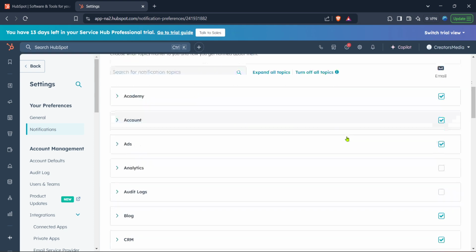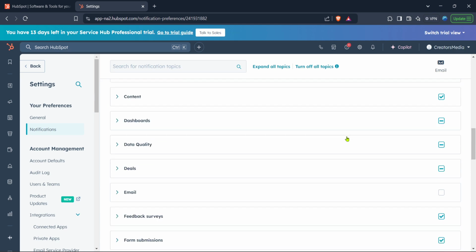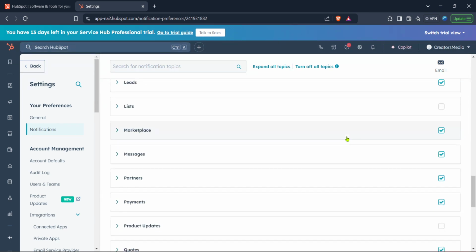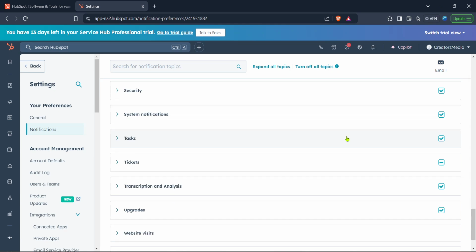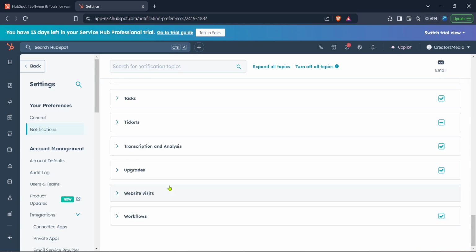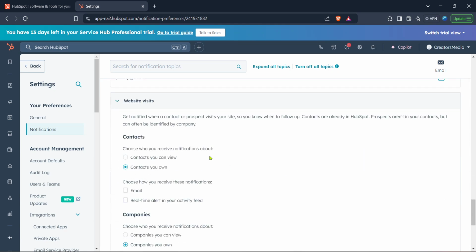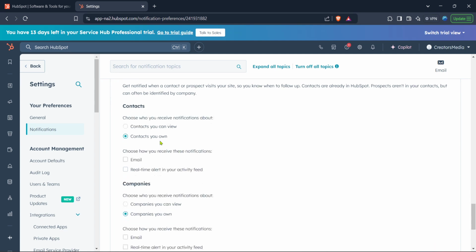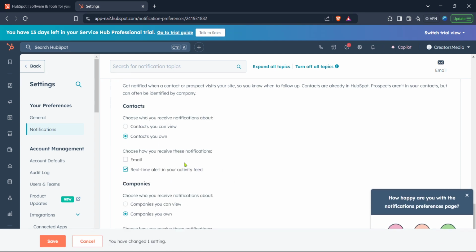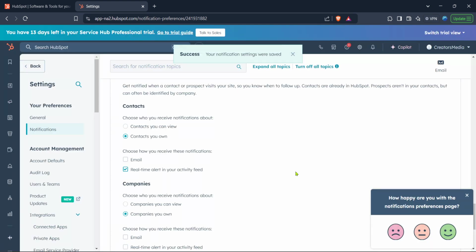Within the website visits notification settings, you'll see a selection for real-time alert in your activity feed. Enabling this feature is crucial since it allows you to receive instant notifications whenever there's a new interaction or visit to your website from a contact. This option is vital for staying immediate and proactive in your response strategies, allowing you to engage potential customers exactly